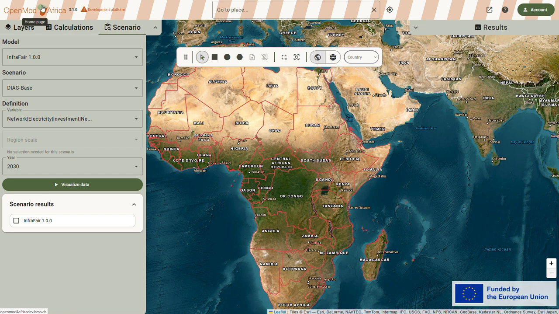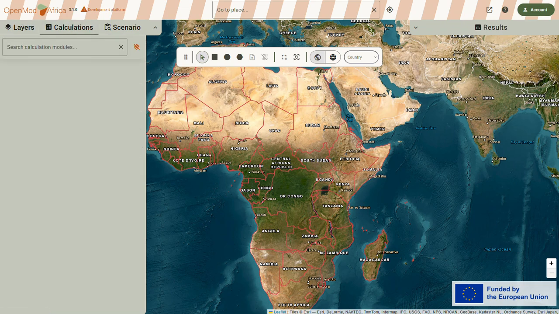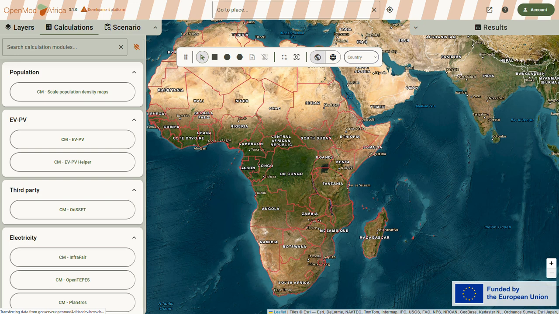And what is really important now talking about EVPV is the third tab here called calculations. So this tab here contains a set of so-called calculation modules. These allow you to directly run code on the platform and show results. So notably, it's possible to include full energy system models or some more specific models here. So really with the calculation modules acting as a web interface to run a model. So this is exactly the case of EVPV,